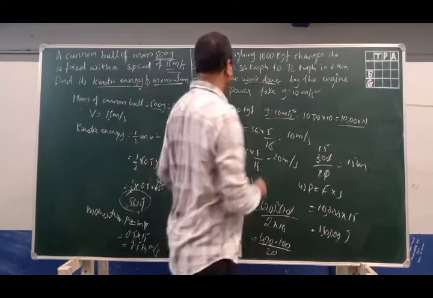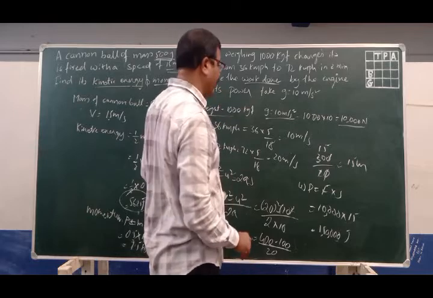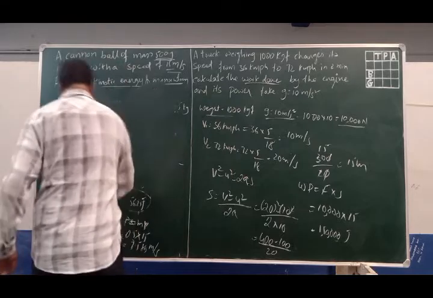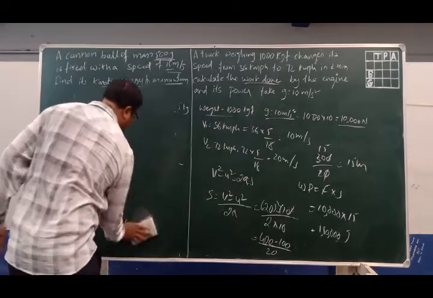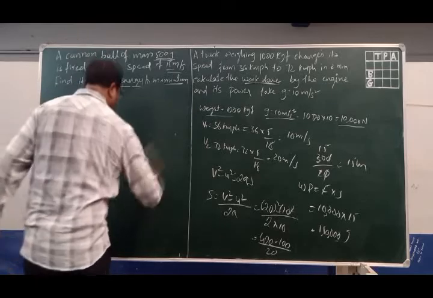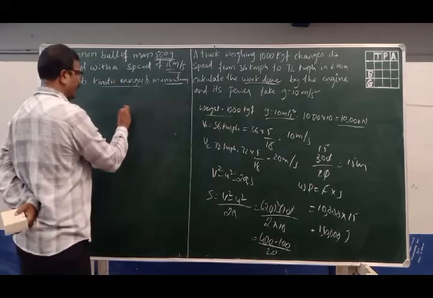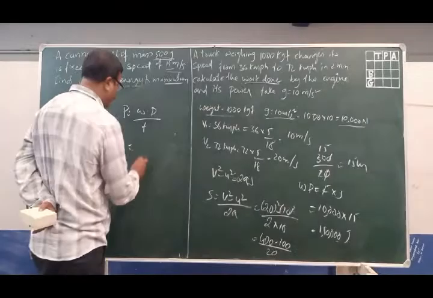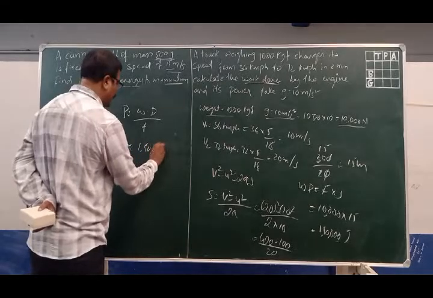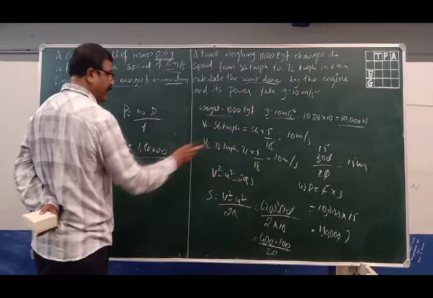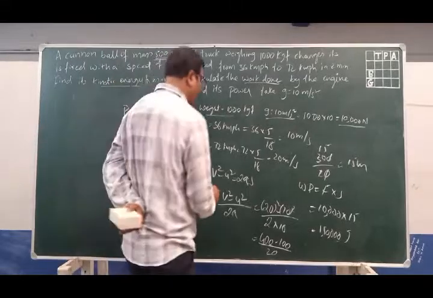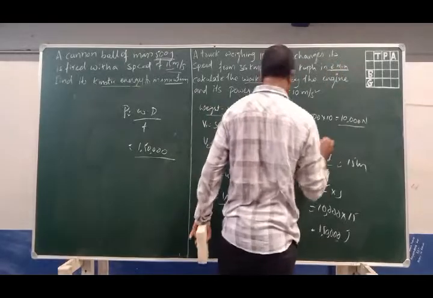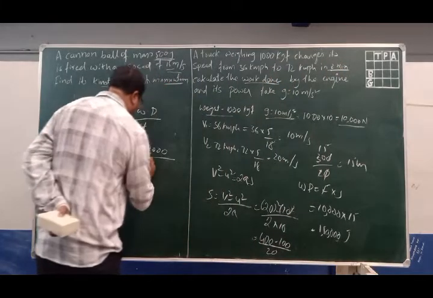Now what is the next question he is asking? He is asking us to calculate the power developed by the engine. Therefore power is equal to work done divided by time taken. What is the work done? We have work done as 1,50,000 joules divided by the time, which he has given as 2 minutes. That 2 minutes is nothing but, let me put it as 120 seconds.